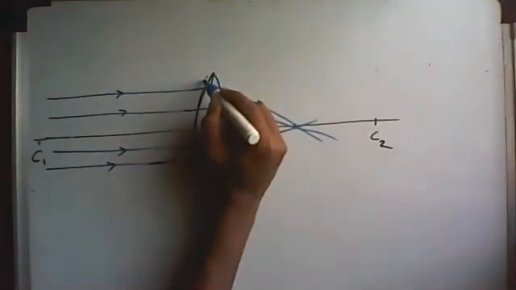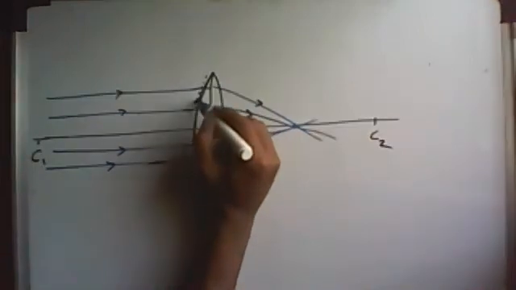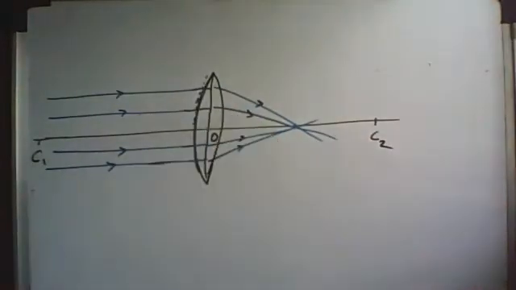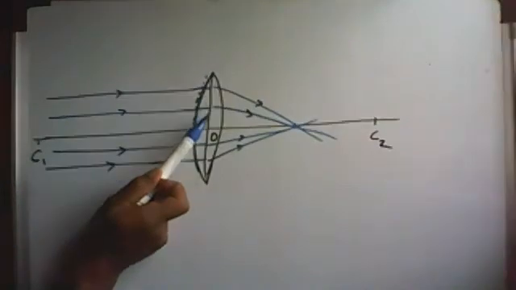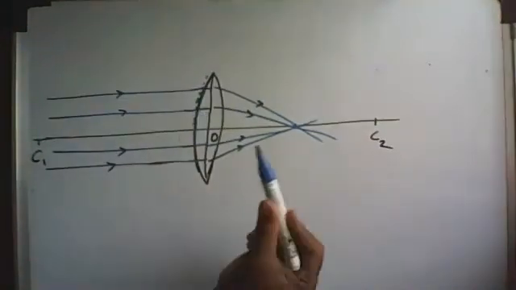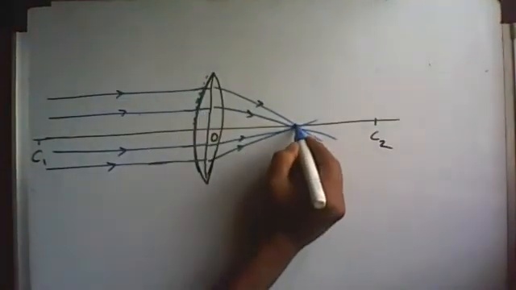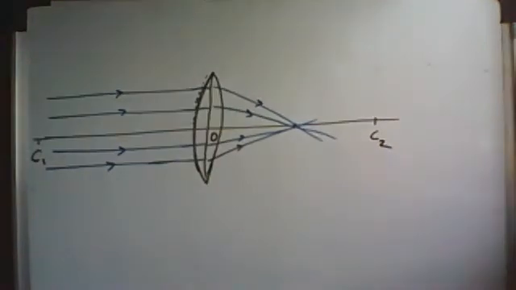So the slope of the tangent at that point and the slope of the tangent at this point being different is going to cause different angles of incidence, and those differences in angle of incidence will cause a larger degree of deviation in this case in comparison to this case. So because of that, it so happens that all of the rays will converge approximately at one point over there, and that point we define as the focus,